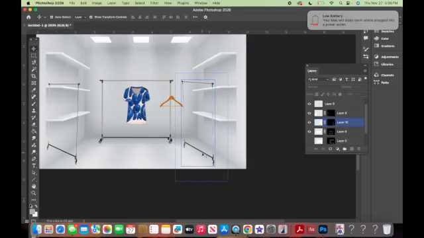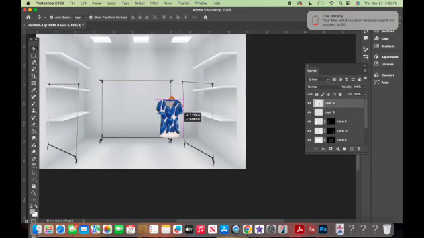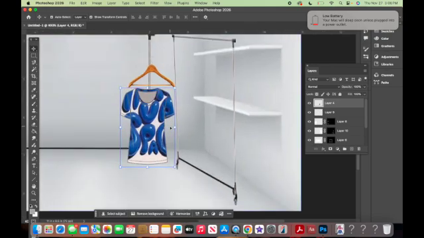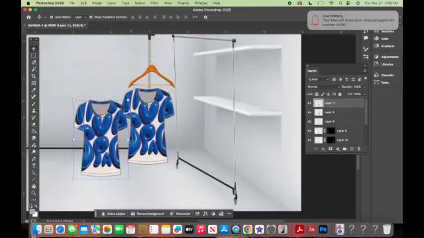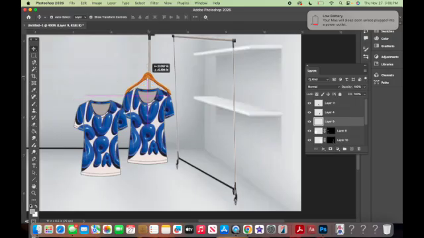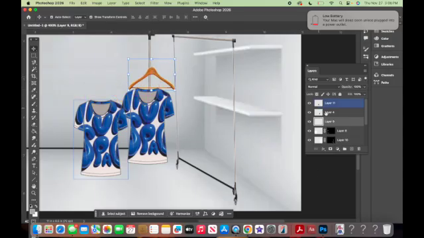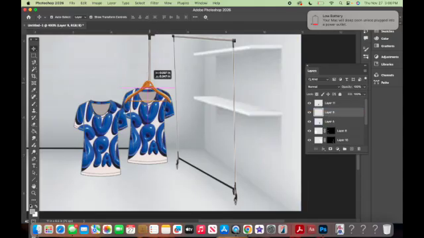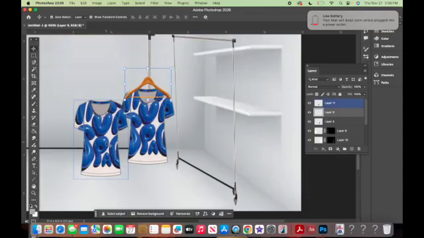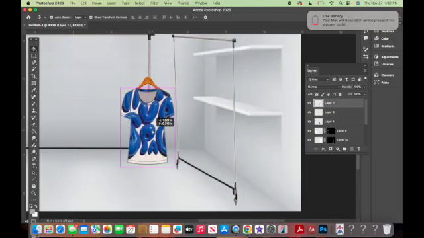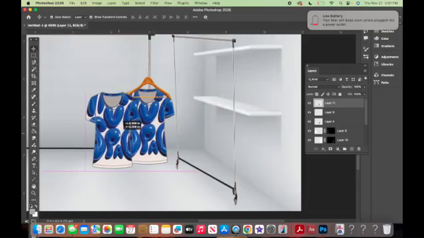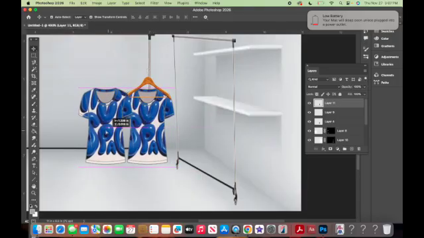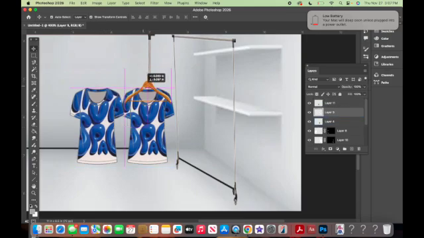In the same way I did that with my rack, I'll do that with my shirt. But before I do that, let me show you something. So I'm going to copy, paste another shirt, and I'm going to place my hanger. And I think my hanger is down here, layer 9, so I'm going to drag it up. I'll place it there, and I'm going to put this shirt on top of it because I want it to look as if the shirt is hanging on the hanger. But I realized that, let's see, if I do it this way,